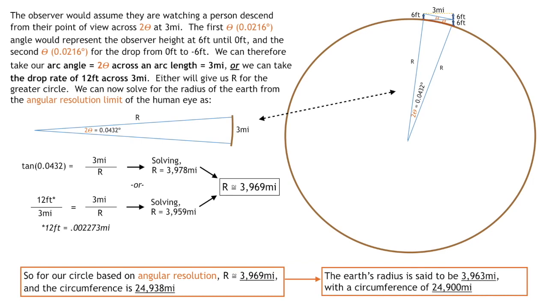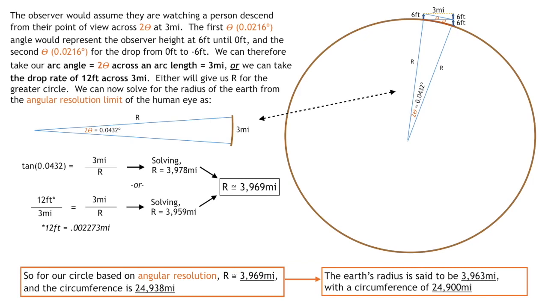We can now solve for the radius of Earth from the angular resolution limit of the eye as our segment here with r along the radius, or along the one aspect of the triangle, and 3 miles as our opposite end, and the angle being across 2 theta, which is 0.0432 degrees. That will give us one number, and the alternative is to use the ratio of 12 feet over 3 miles is equal to 3 miles over r. Both will give us the numbers listed below, so we get for one number 3,978 miles, and for the other one 3,959 miles, giving us an average of